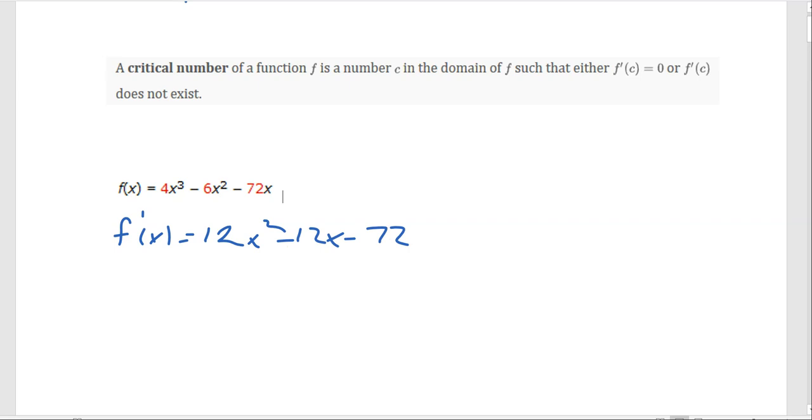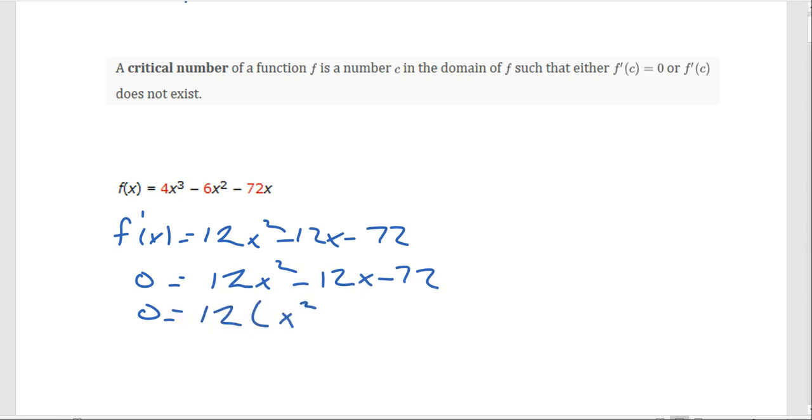So this is a polynomial, so I know it's continuous and it's a nice smooth curve and all that stuff. So I don't have to worry about the derivative not existing because it exists everywhere. So I just need to worry about where that thing is equal to 0. So I'm going to set the derivative equal to 0 and solve. So I'm going to go ahead and factor this thing. Let's see, 72. Yeah, we'll factor out a 12, and that's going to give me x squared minus x minus